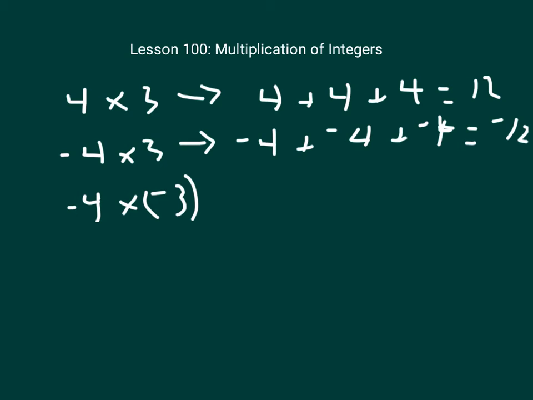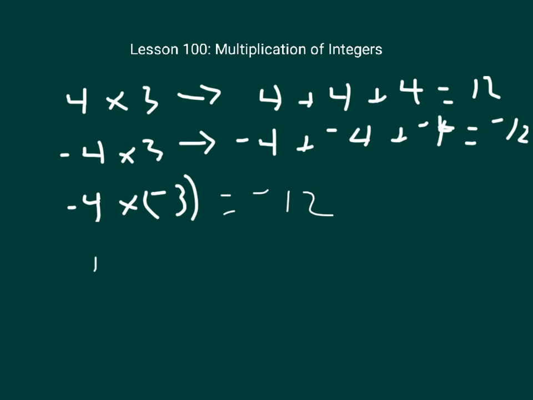This was positive, this was negative. If you just change the sign of one of the numbers that you're working with, like we keep the 4 the same, and go from 3 to negative 3, there's no way that the answer can be negative 12, because the answer to negative 4 times positive 3 is negative 12, and this is a different problem. But it has to have something to do with 12, so the only logical answer is negative 12,